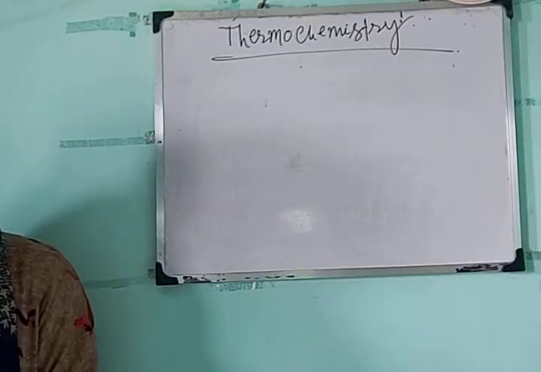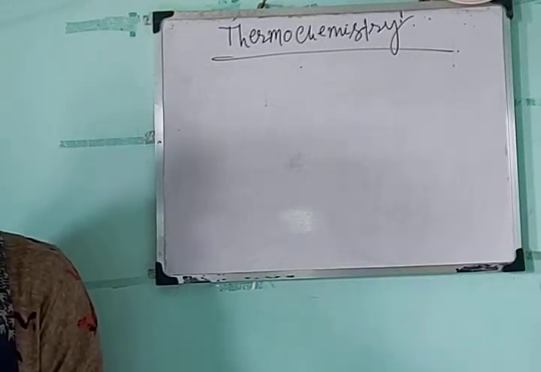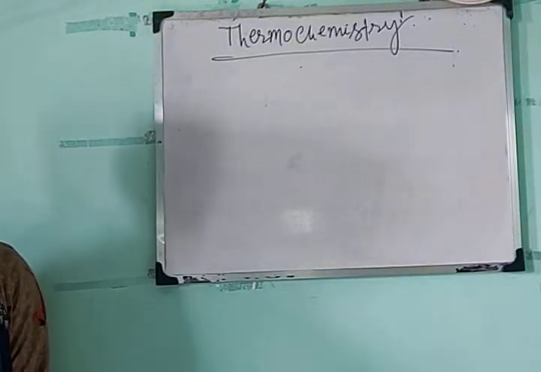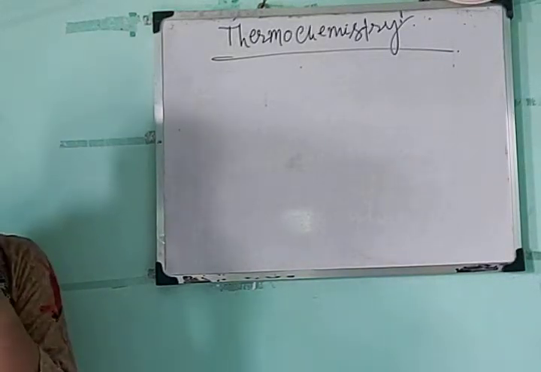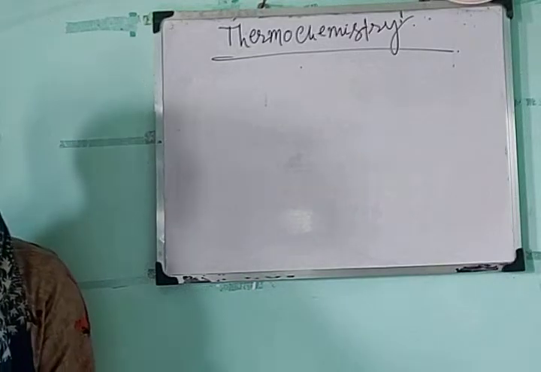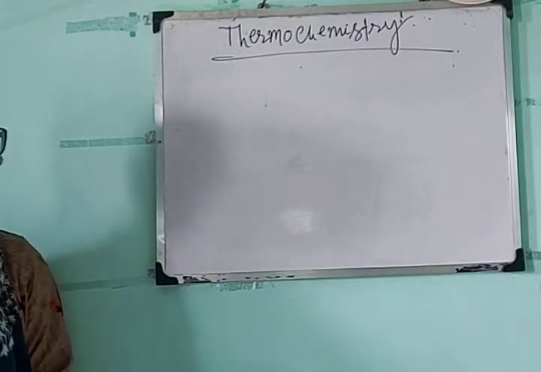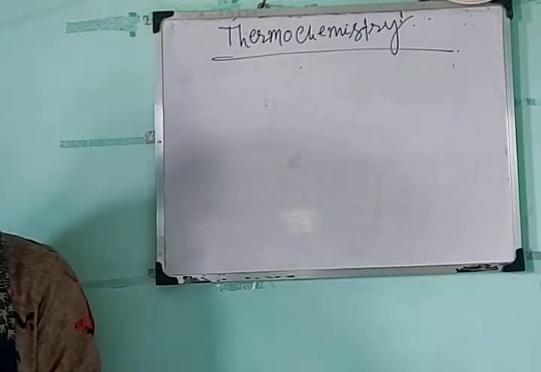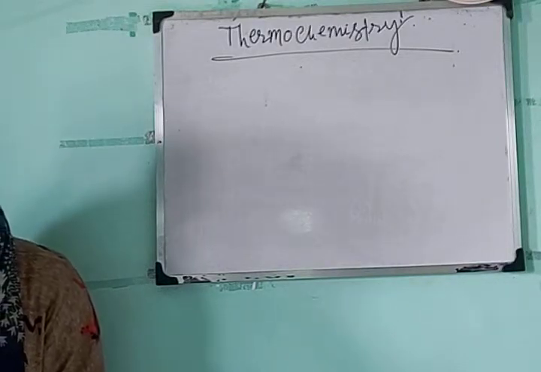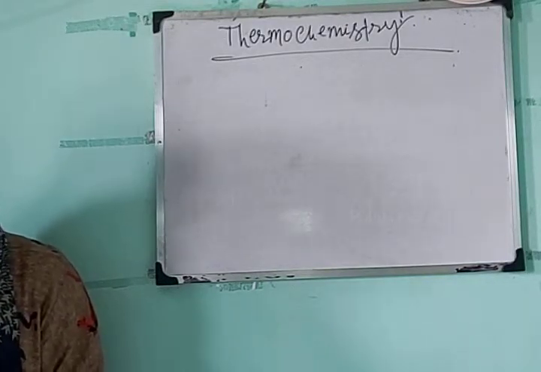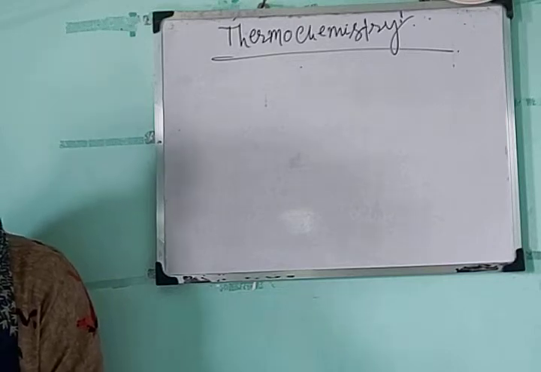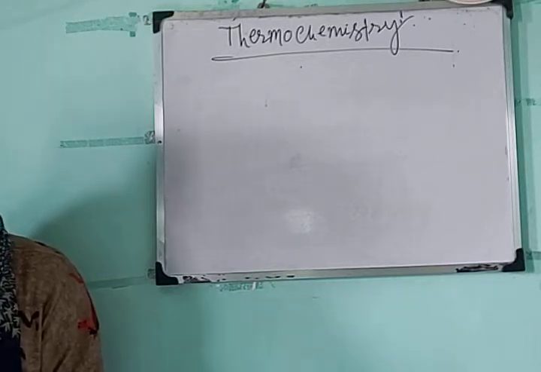Actually in case of enthalpy, for exothermic and endothermic reactions there are two signs for enthalpy. For an exothermic reaction the sign is negative and for an endothermic reaction the sign is positive. So that is the process of writing a chemical reaction, either by a positive sign or a negative sign, depending upon that factor.